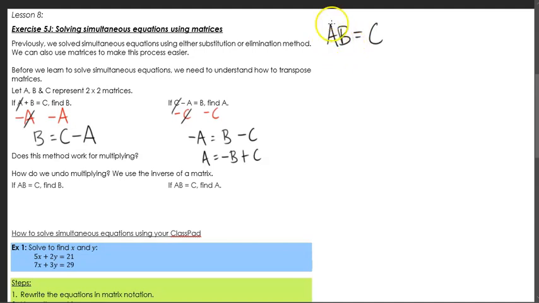Well, I want this to turn into a 1, 0, 0, 1. I want this to turn into the identity matrix. And how I do that is just by multiplying it by its inverse. So stick with me for now. I'm going to get A and B